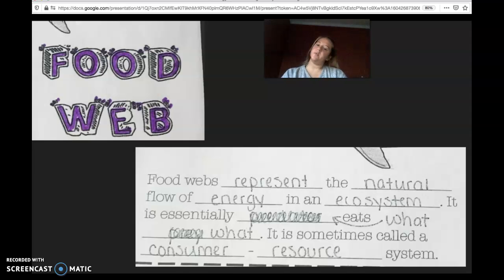All right. So we just did food chains, and they're pretty simple. They just follow one energy path, but food webs are a little bit more complicated because they represent the natural flow of energy in an ecosystem. It is essentially what eats what. It's sometimes called a consumer resource system, but basically they show the different interactions between organisms, and they're a more realistic idea of what's going on in your system because not just your snails are eating the grass. It's other things like grasshoppers and bunnies and